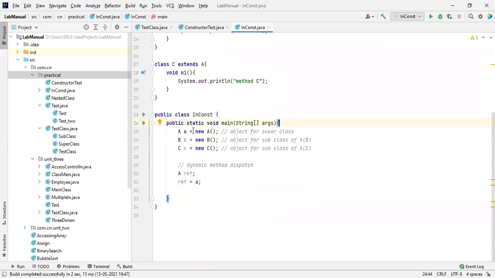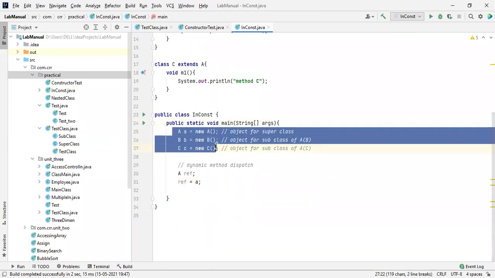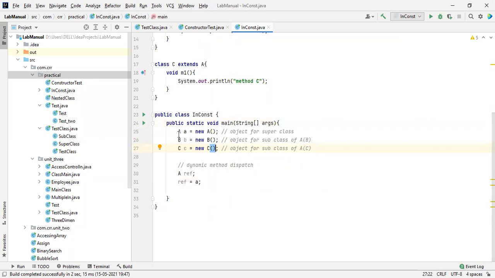Again, I just created three objects. One is for the superclass, and the others are subclasses of A: C is a subclass of A, and B is a subclass of A. Finally, we are saying A is a superclass, which we also call the main class.